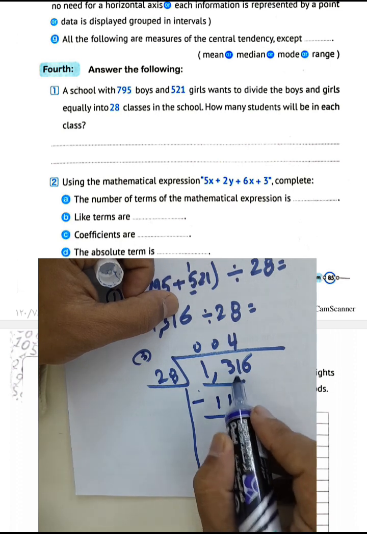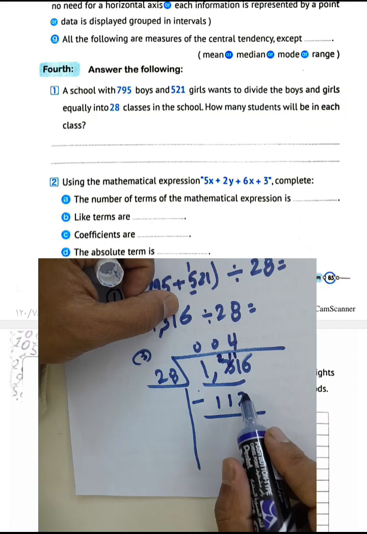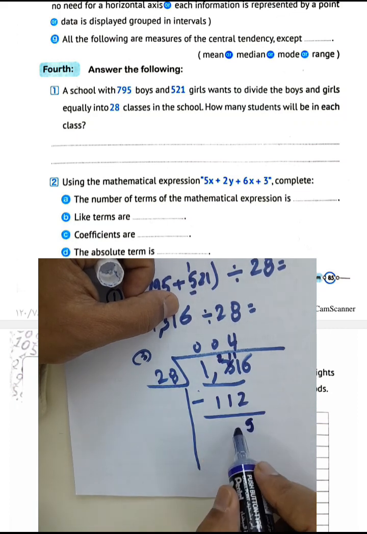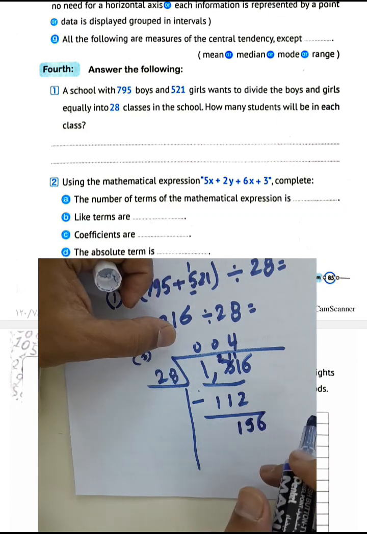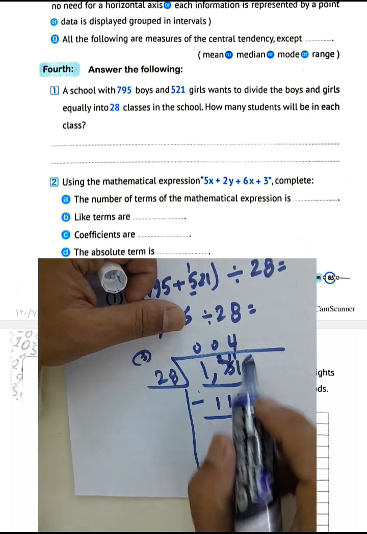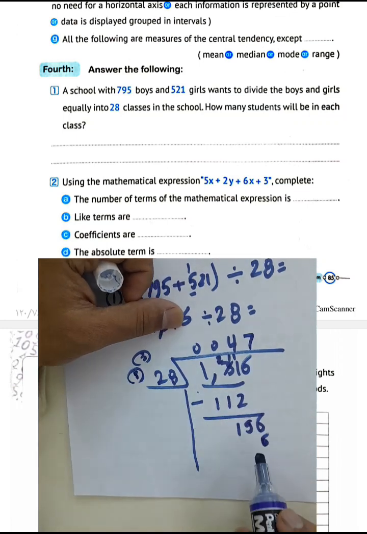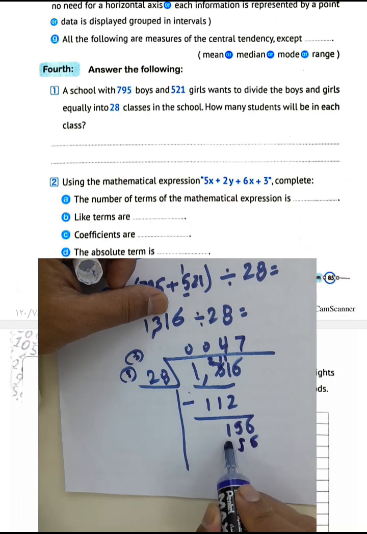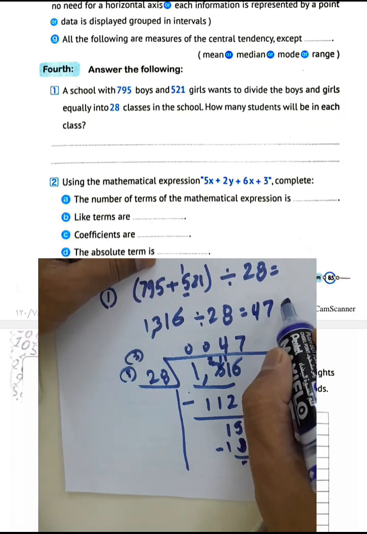Okay, subtract. 2 from 1, we can't do it. Borrow 1 from 3, it will be 2. And here 11. 11 minus 2 equals 9. 2 minus 1 equals 1. Then drop 6. This appears digit by digit, and we know here 7 times 8 equals 56. Write 6 and carry 5. 2 times 7 equals 14. 14 plus 5 equals 19. Then we will have 47 students